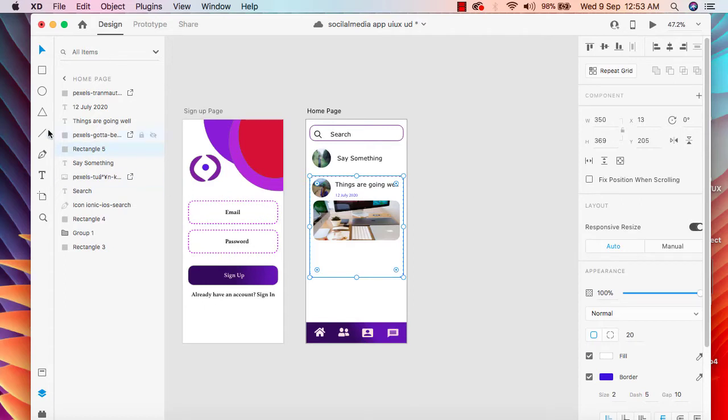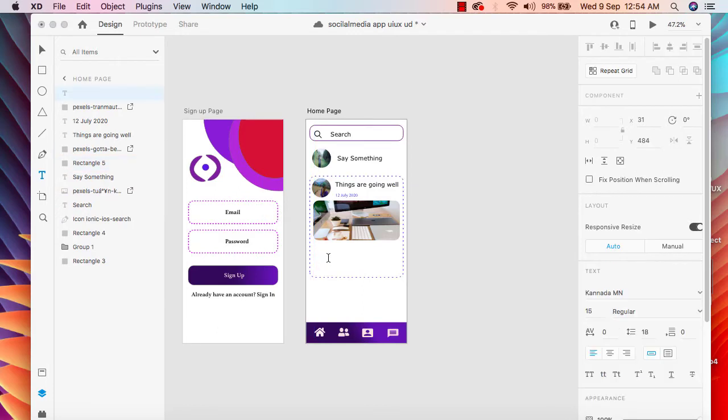So click on this text, and right here we can start writing text, and we can say we are doing well. So we are doing well in our daily life,